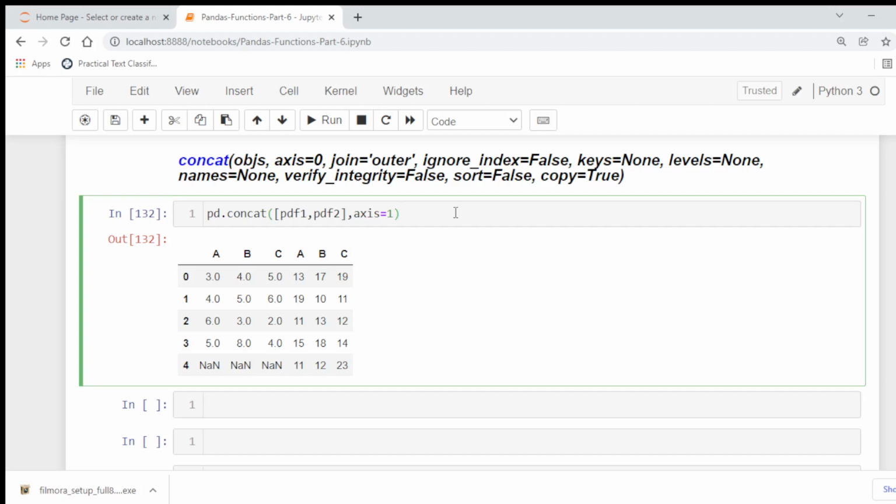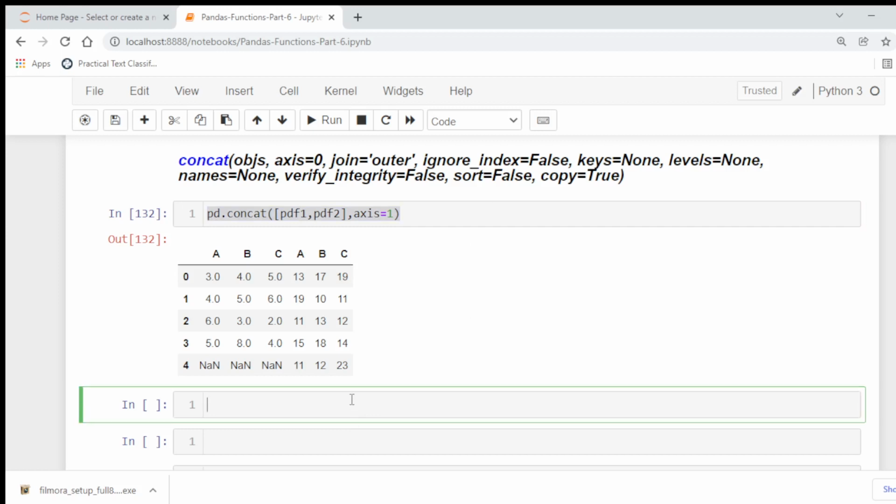The other parameter is join. Join can take two values, outer and inner. Basically, join is used to decide how to handle indexes on the other axis. Outer is for union and inner is for intersection.